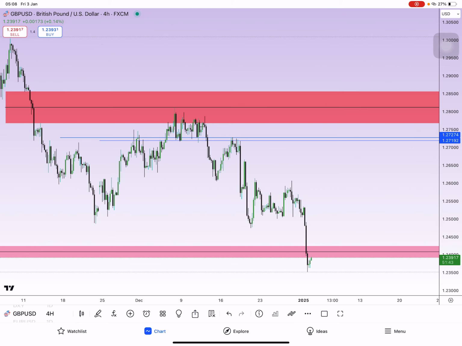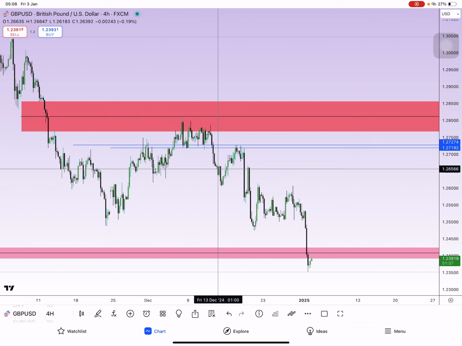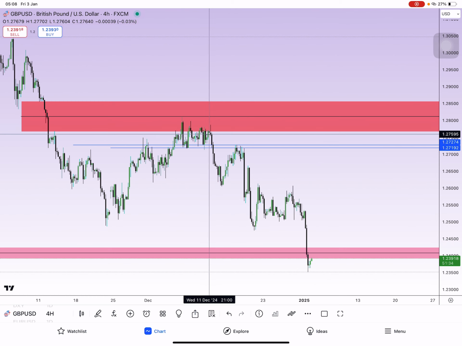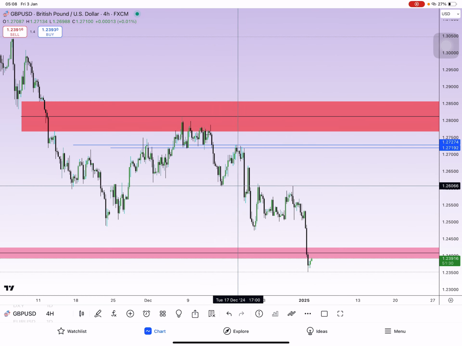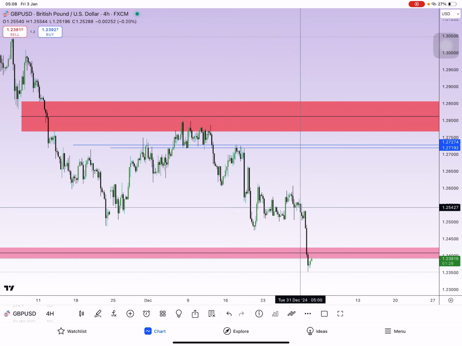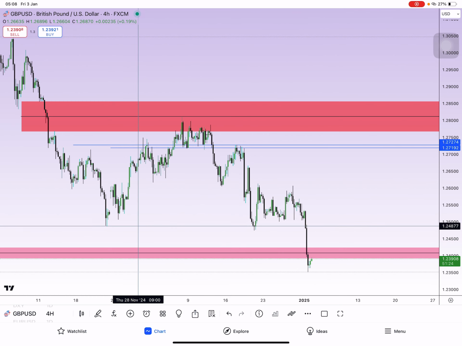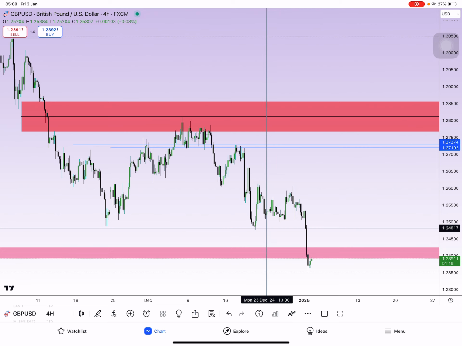This is the pound dollar chart on the 4 hour time frame. We have had our trade running from here. We sold it, and I've been posting videos managing it throughout its bearish move down here. Last time I updated, when taking these lows, the profit was 300 pips, and now we have